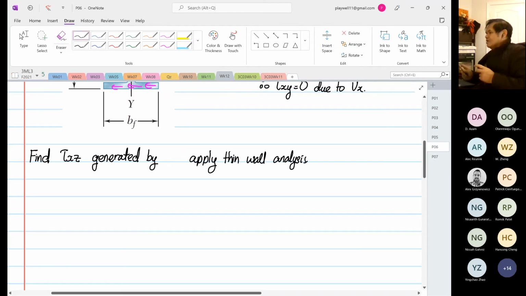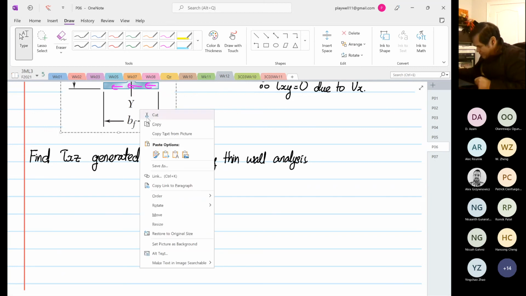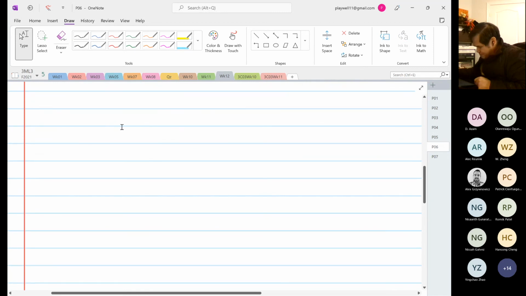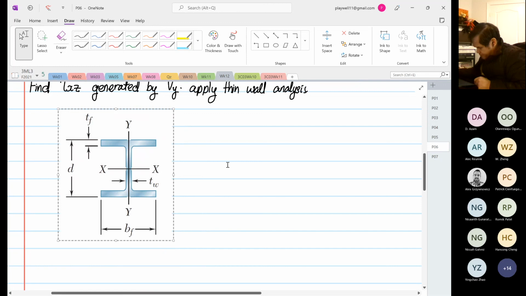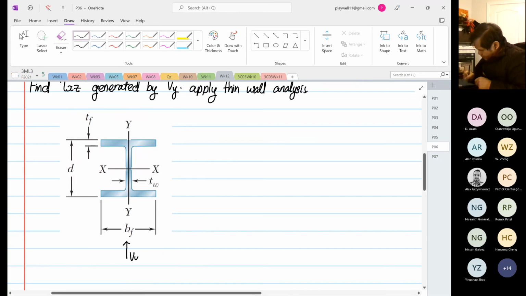I think this example is a very good revision. I know some of you are tired, so am I. Okay, I'm kaput now. Okay, so this is your Vy. So for this case, you have to consider